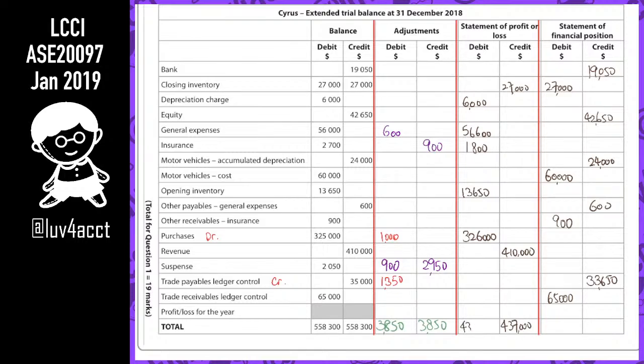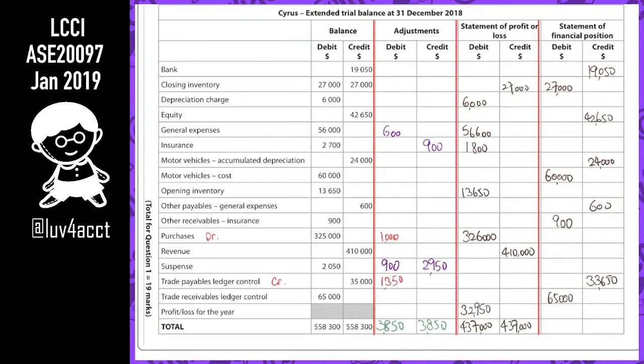Okay, usually it is a profit, so I assume that it is a profit first. Okay, if it's not the case, then we will change. Yes, it is a profit. A profit of